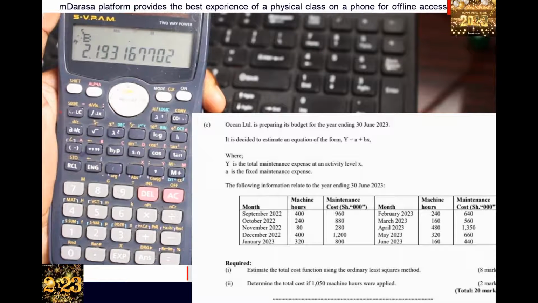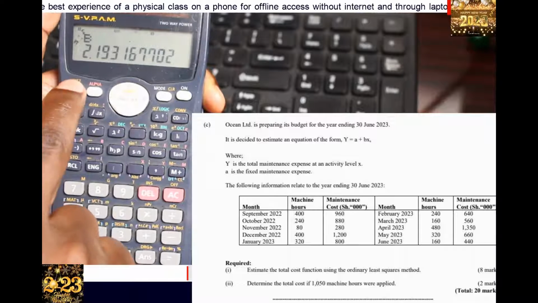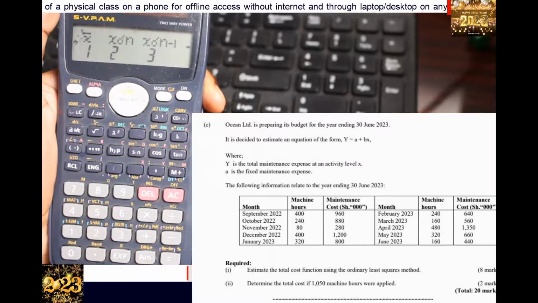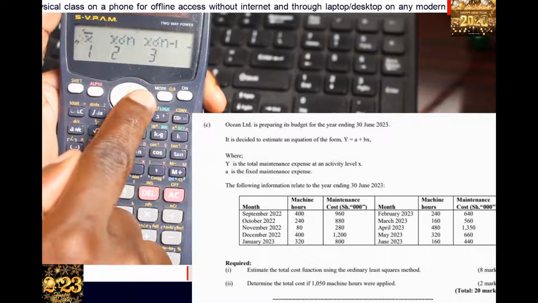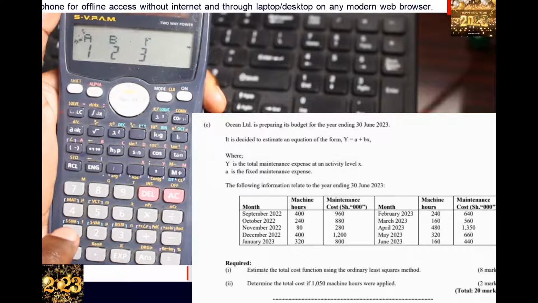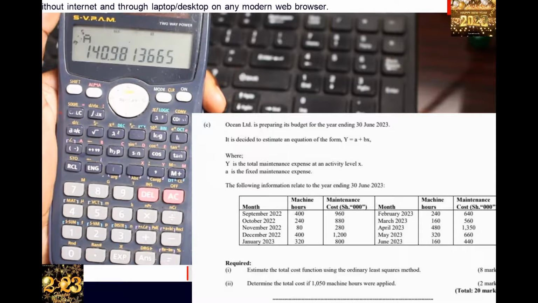So that's a figure that I'm getting. A simple procedure that we're having, right? What about a? To determine the value of a, simply you do shift, then I do 2 again. So I check where I'm having a. So I'm having a, which is 1, so I just click 1, then equal sign. Then I'm having the value of a like that,